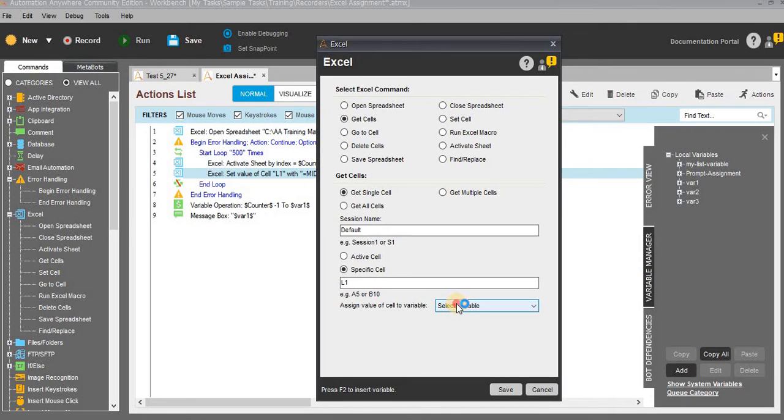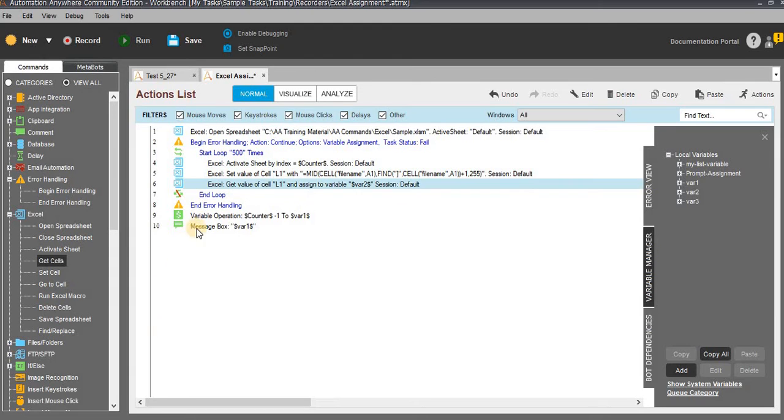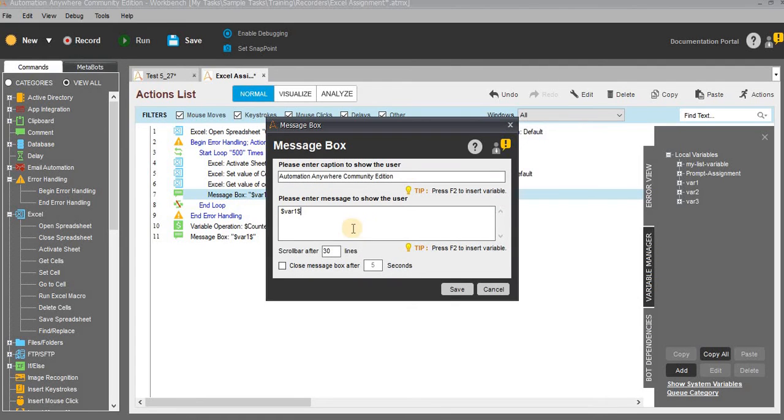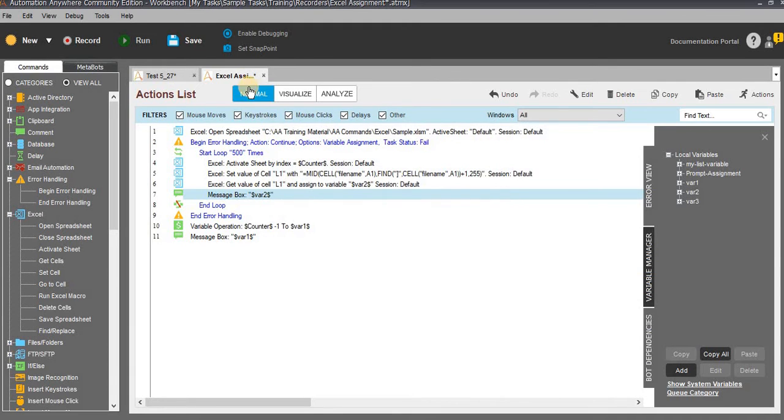So we need to use the same one. And variable 2. Currently variable 2 is empty, so I am going to use variable 2. Just click on save. After that, I will display the sheet name in the message box, at this time variable 2. Done. I will save the task and run.